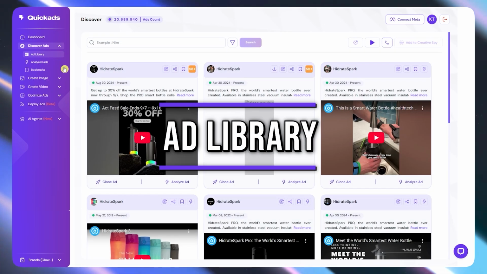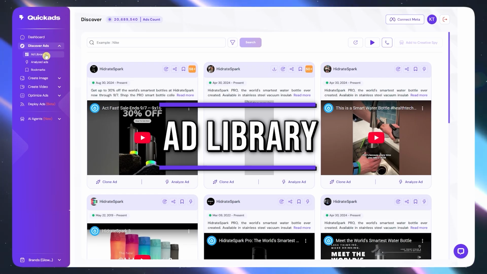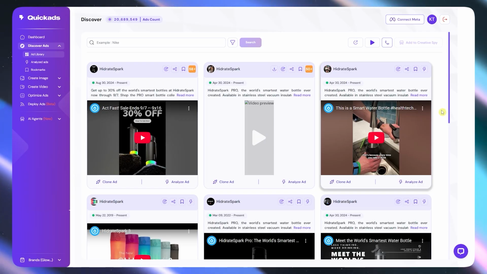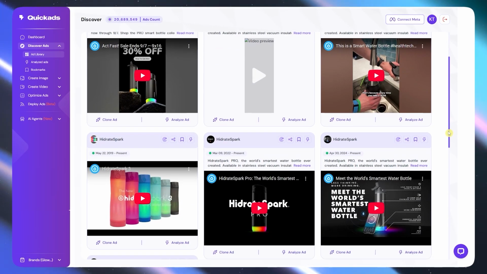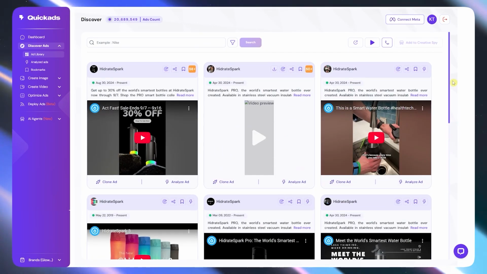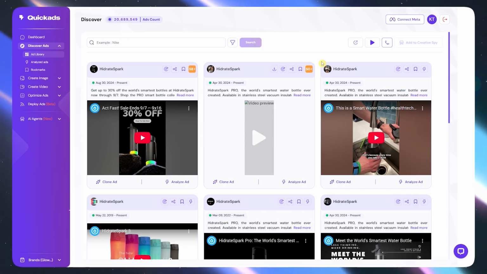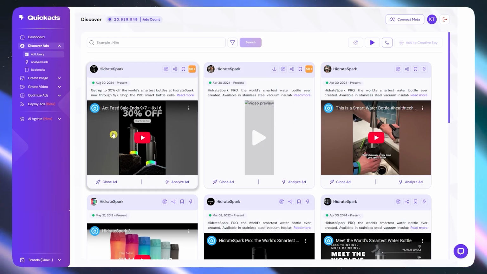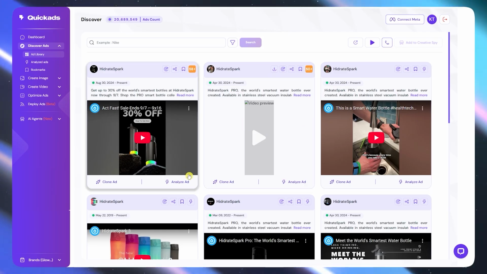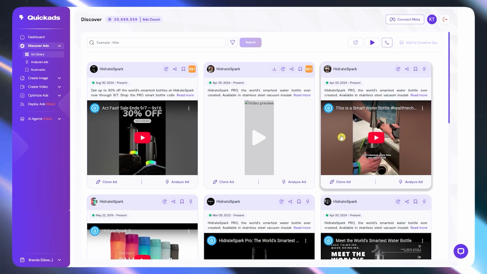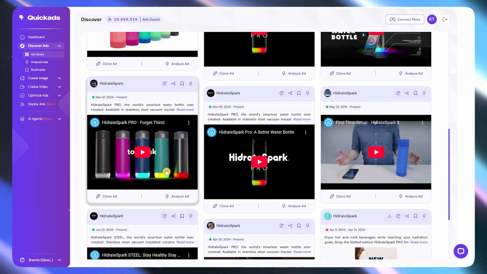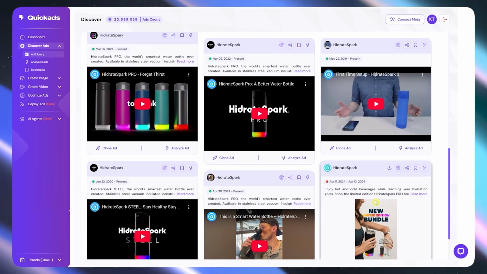And our next one that we have under Discover Ads is we have Ad Library. And from here, you would now be able to see a bunch of ads right here that is related to your product or the website that you have provided earlier. If you remember, when we set up our account, we provided either our website or product. As you can see, I have provided my product, which is a Tumblr. So I am seeing Tumblr related ads right here that could be helpful or is similar to my product,